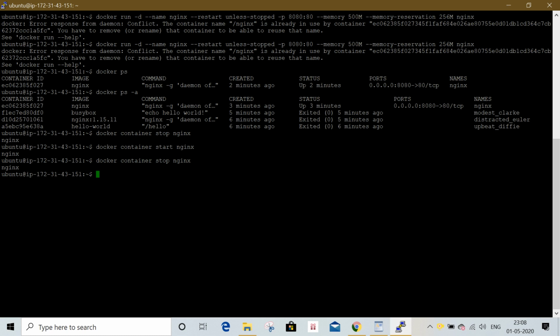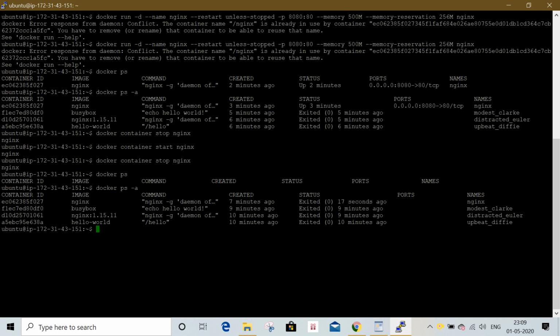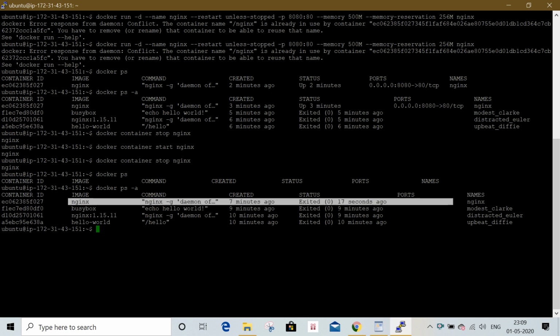Then you can run the docker ps command. There are no running containers. docker ps -a will show the stopped containers. This NGINX container also exited 17 seconds ago.